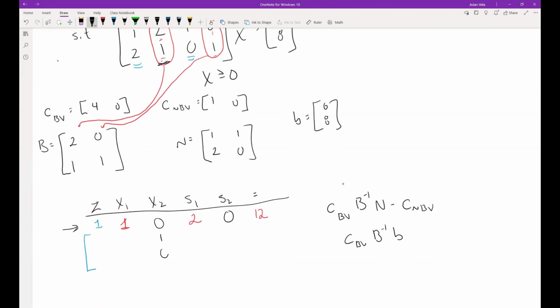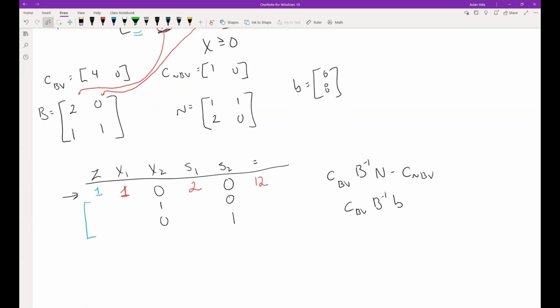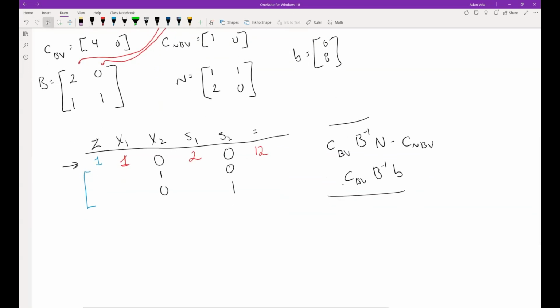They're just going to be 1, 0, and 0, 1. Now we just have to worry about filling in the rest of the table. The way we fill it in is we use the equation that we had calculated above. We're going to multiply the identity matrix. We don't really need it, but